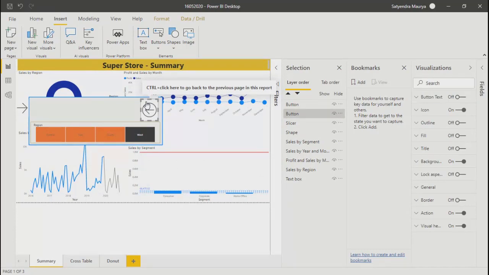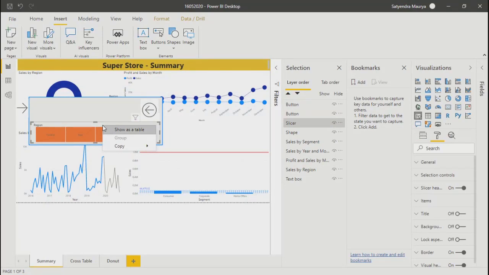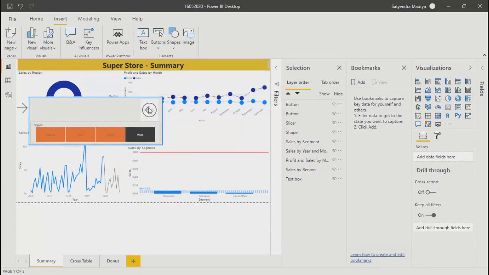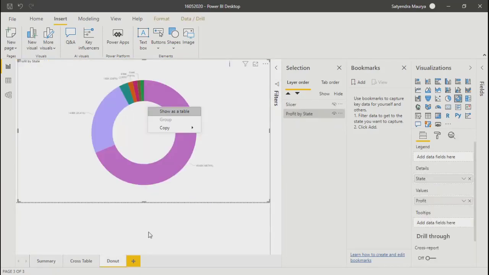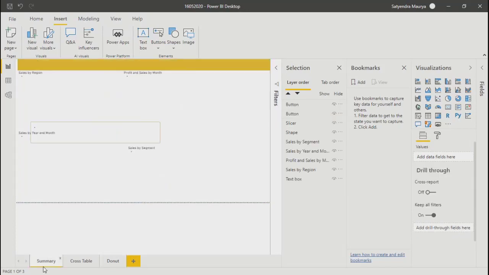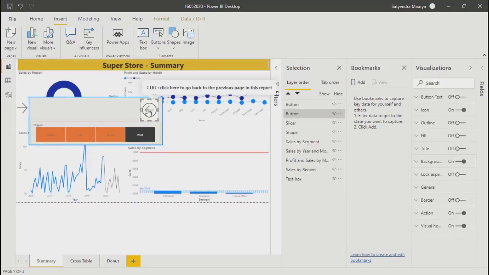Okay, what's happening? The group is disabled. Why? I'll select this also. Okay, I got it. I think the problem is because of this. Let me take some other button, because this back button is automatically taking me to another screen.